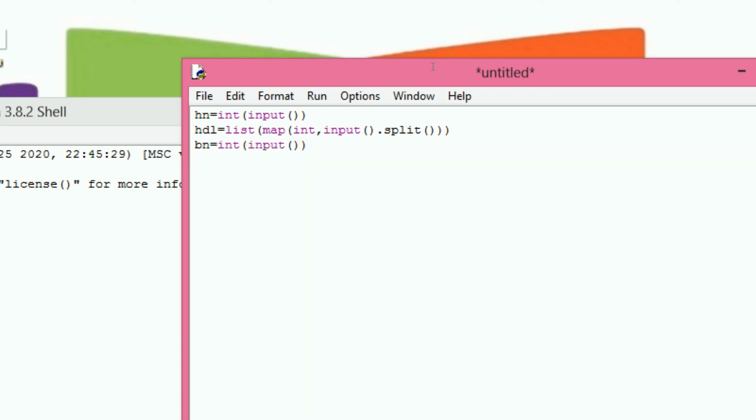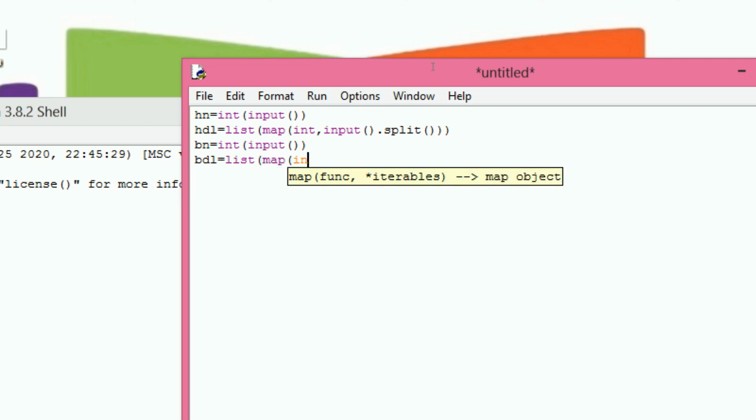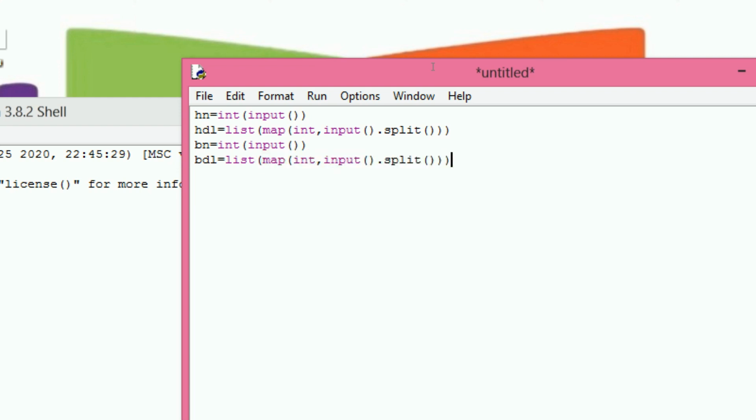So after that BDL equals to list of map of int comma input dot split. So after that I am taking 2 dictionaries, empty dictionaries. One is H, another one is SOL.